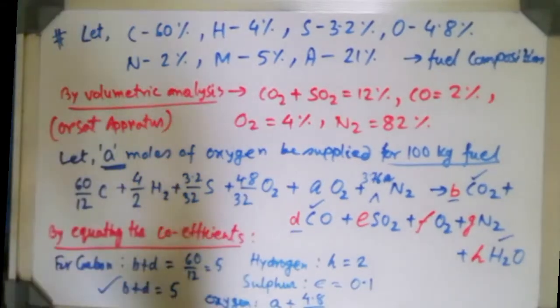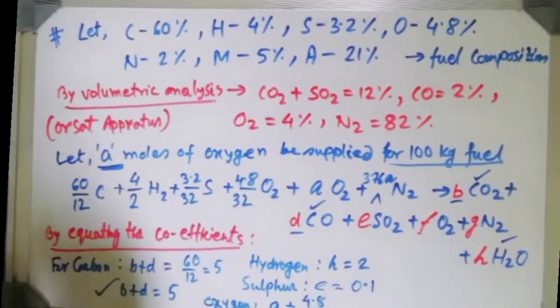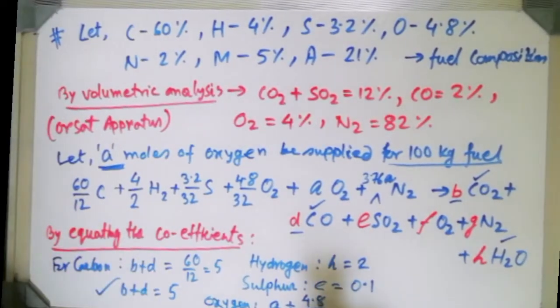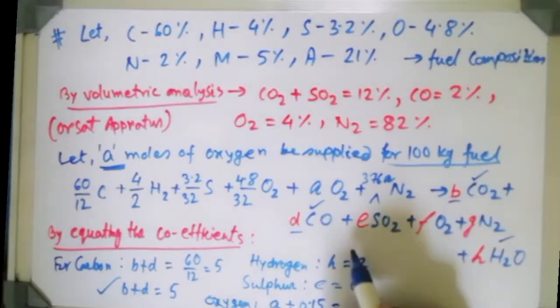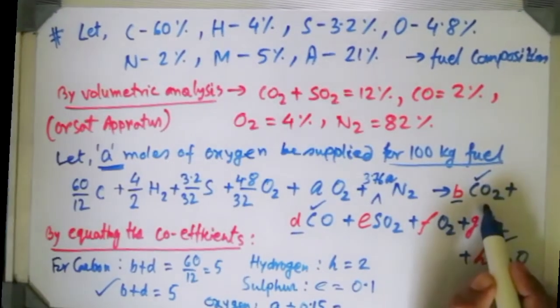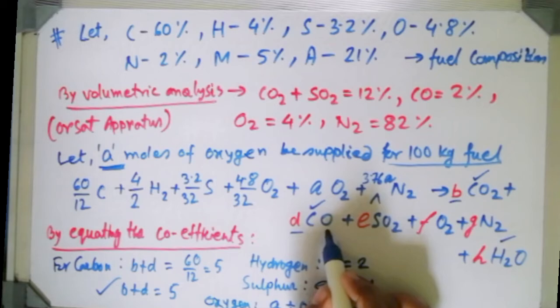So I can write 0.15 on the left hand side, and on the right hand side, see, where is oxygen? Here. So B plus, here only one oxygen is there. Now if we convert that O into O2, then it will be D by 2, isn't it? Obviously it will be, because we are concentrating on O2. Here in sulfur dioxide, oxygen is there, so E is added.